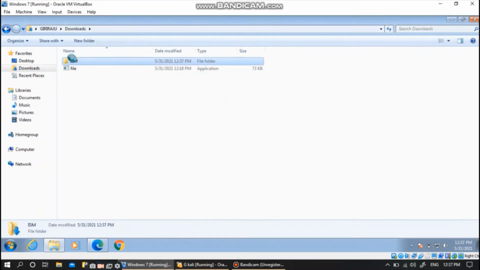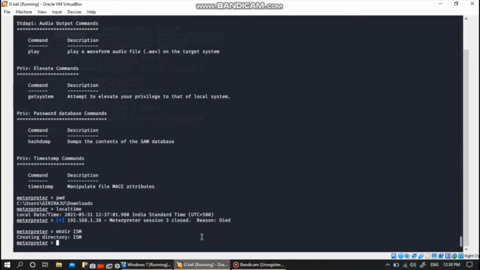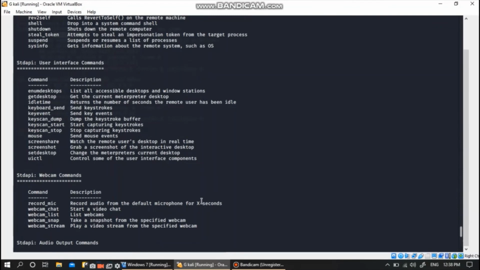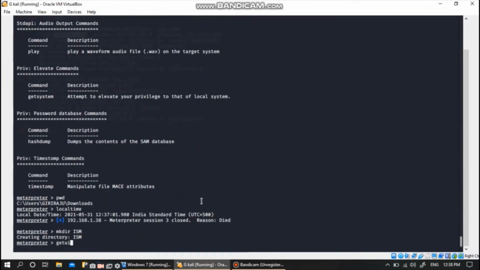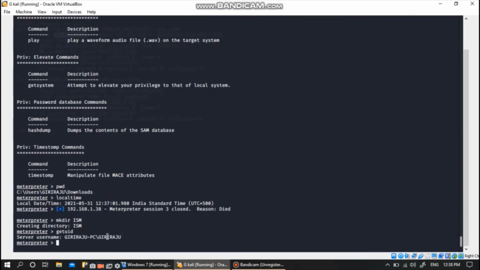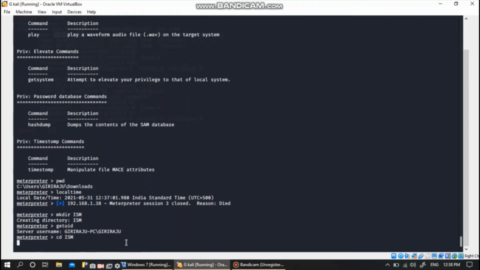So the ISM folder is created from the Kali system. We can easily create any folder in the Windows 7 OS. That's the PC ID, and the name.